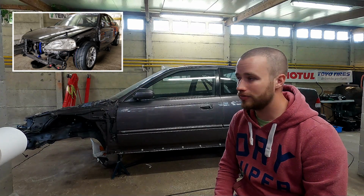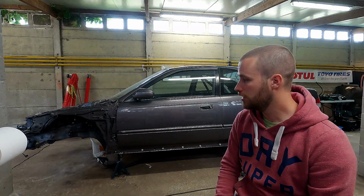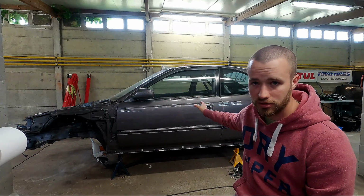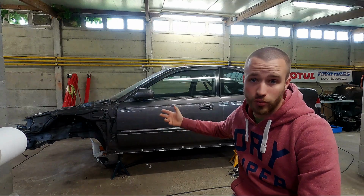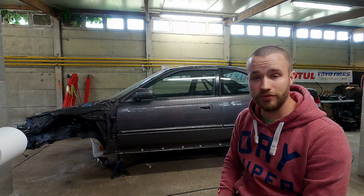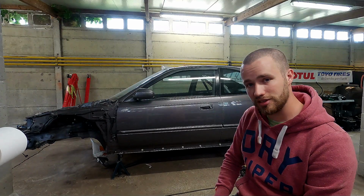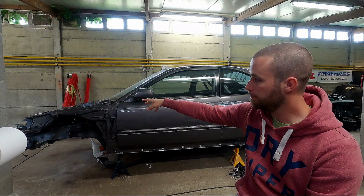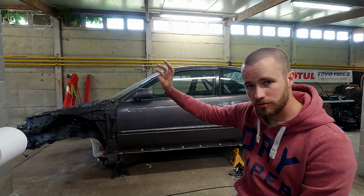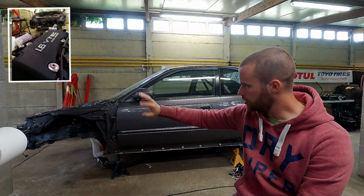So, thanks to COVID-19 coronavirus, I decided to rebuild the whole car again from the ground up, fix some mistakes that I made in the beginning because I didn't know what I was doing. I did the things that they told me to do on the forums, which isn't that good anymore these days. So I'm gonna repaint the engine bay, redo the engine, do big maintenance on the engine, paint some parts, change the color scheme a little bit,